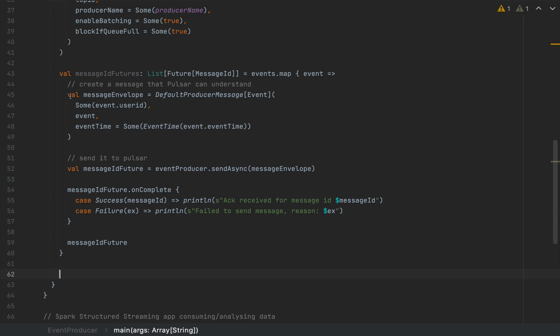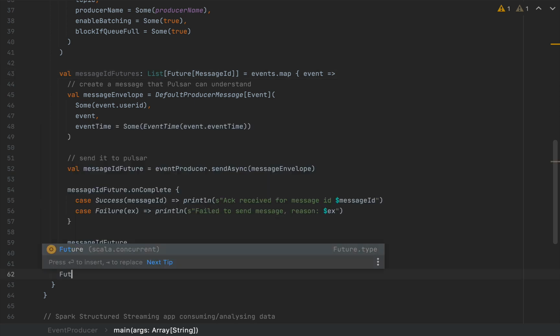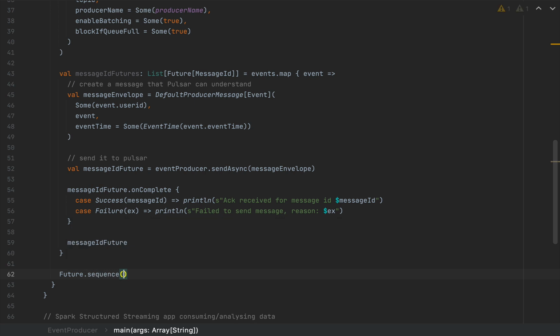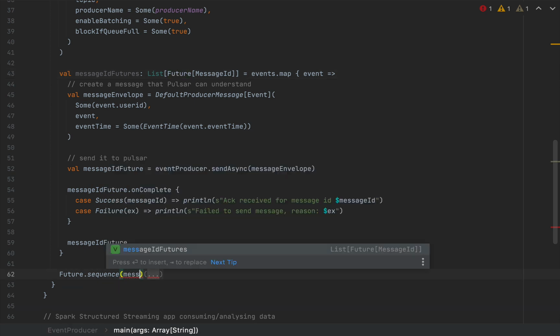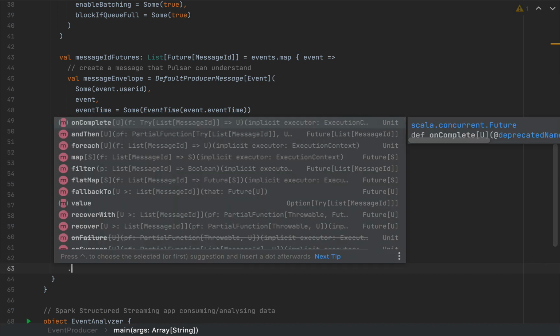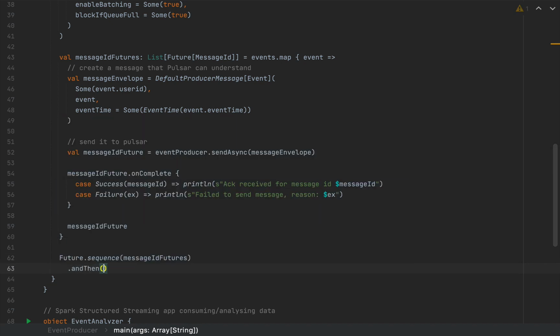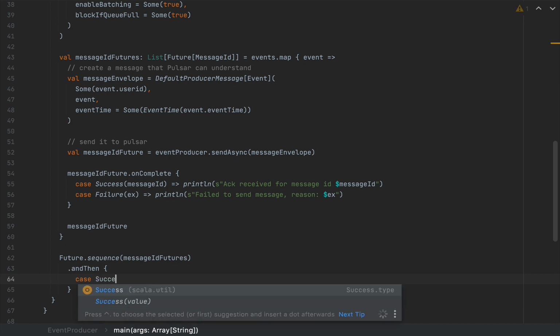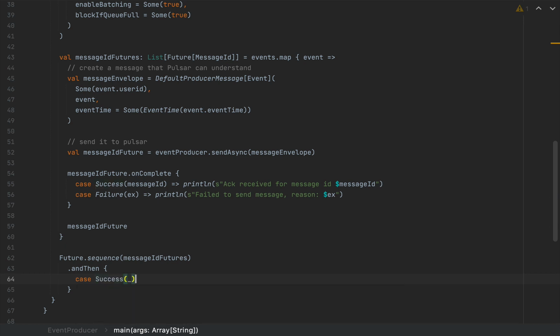Now, finally, in main, I'm going to turn this list of futures into a future containing a list. So I'm going to use traverse. So I'm going to have Future.sequence. This is a variant of traverse that turns these double nested types inside out. So I'm going to use Future.sequence, and I'm going to pass my message ID futures. And then I'm going to chain this giant future. So I'm going to say andThen, and in case I get success with whatever values,